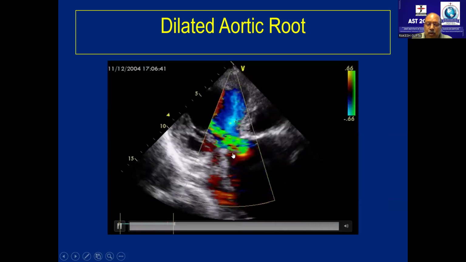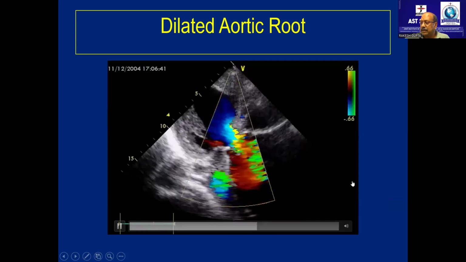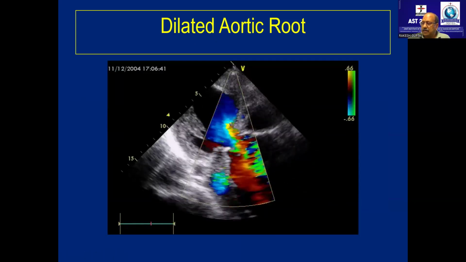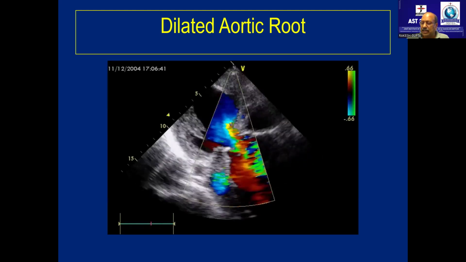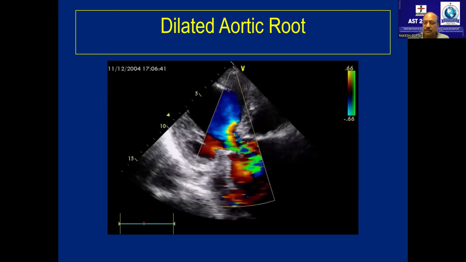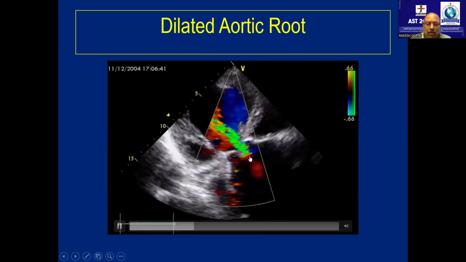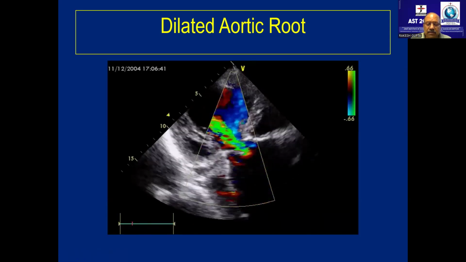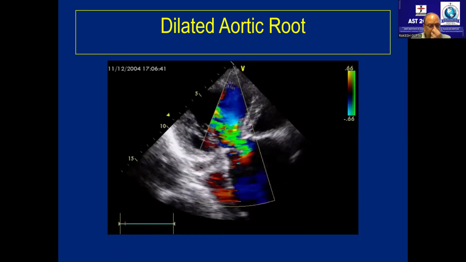Anybody can open your mic. What is the severity of this aortic regurgitation? Somebody open your mic, or I'll start calling you by names. 50%. 50% what? How do you assess the severity of aortic regurg? By regurgitant jet, how will you assess the severity of aortic regurg? We taught you. Yes, moderate, more than one third of the...